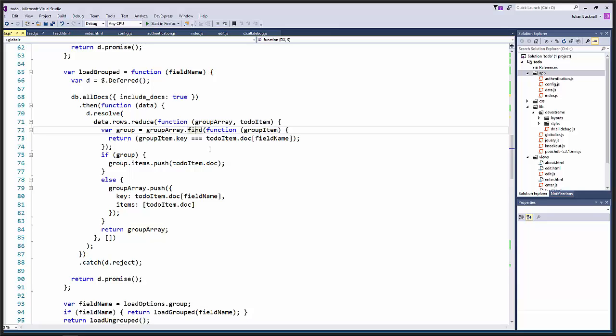So I'm going to invoke the find method. That requires a function. The function is going to be called for each item, and it is looking for a result value of true. As soon as it gets a result value of true, that's it. The find function finishes and passes back the item that actually passed the test. So here I'm saying, okay, the group item dot key, and if you recall,